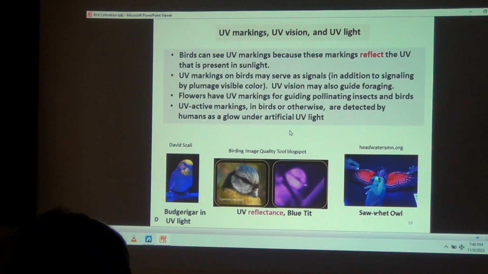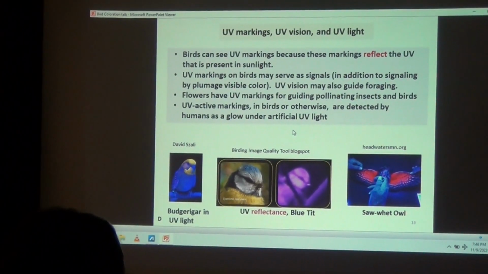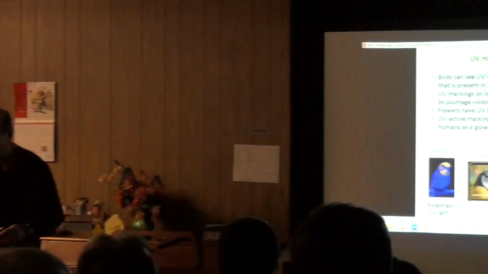This is kind of a curiosity. This is a saw-whet owl. It's under wings. Using a UV light, much like this, you see a red glow, and this is of no use at all to the bird. Being nocturnal, they don't see very much in the UV, and this is a way actually for people studying these birds to assess their age, because this red glow under UV light diminishes with time.